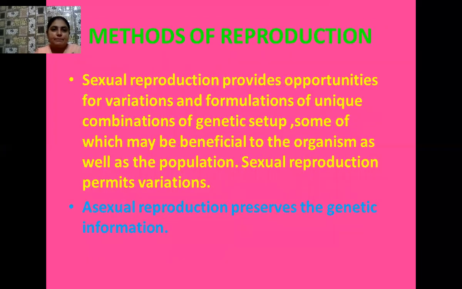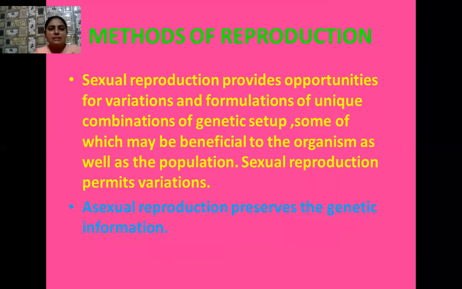Yes, student, before this, I want to take the historical account. So here I am going to tell you about the methods of reproduction that are generally used by living organisms. You know that the primitive or simplest unicellular living organisms generally adopt the asexual method of reproduction, where the parent cell generally undergoes division and forms two daughter cells.